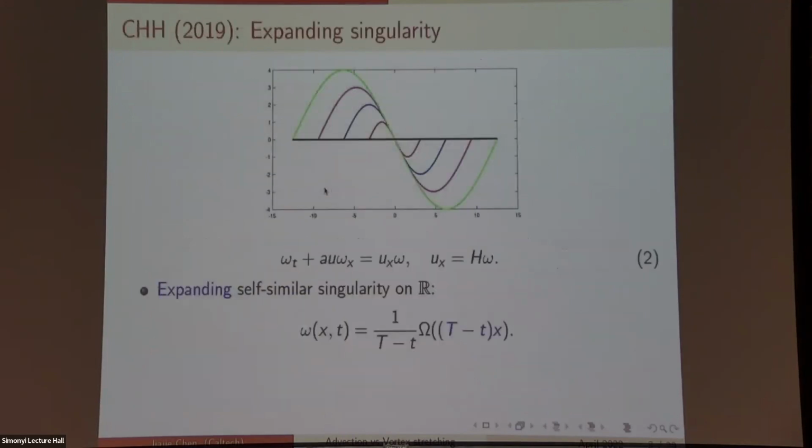Here, this solution is odd, this is the origin, and the solution is odd and negative in half of the domain. So this picture is the same as this configuration. Initially, the solution looks like this, and then grows like this, and then grows like this, and further grows. So it has an asymptotically expanding nature. And we can write down the solution, the expanding self-similar singularity, in this form. The vorticity will blow up at spatial infinity.